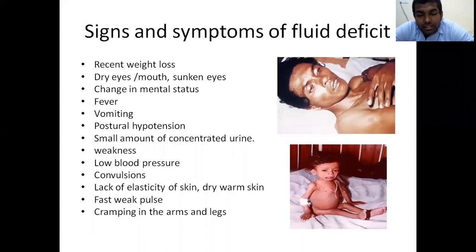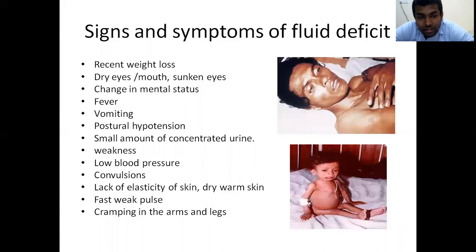Now, what are the signs and symptoms of fluid deficit in a patient? A recent history of weight loss, dry eyes or mouth, and sunken eyes. The change in the mental status of the patient, or the patient might have fever, vomiting, or postural hypotension. Now, when you suddenly get up and the patient develops a sense of giddiness, postural hypotension can also be seen